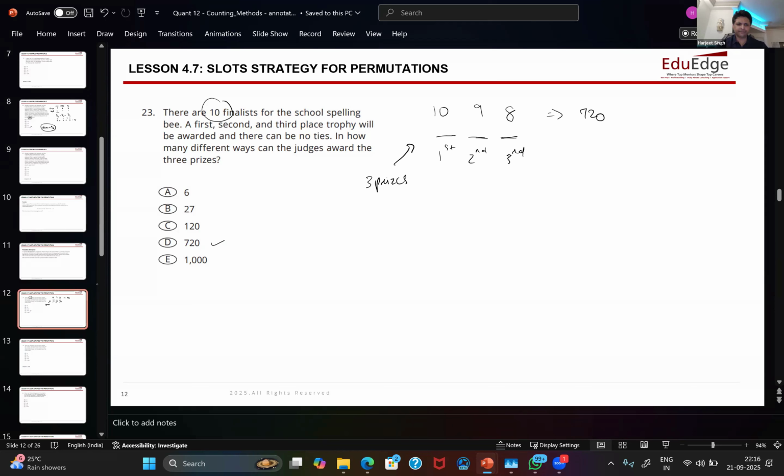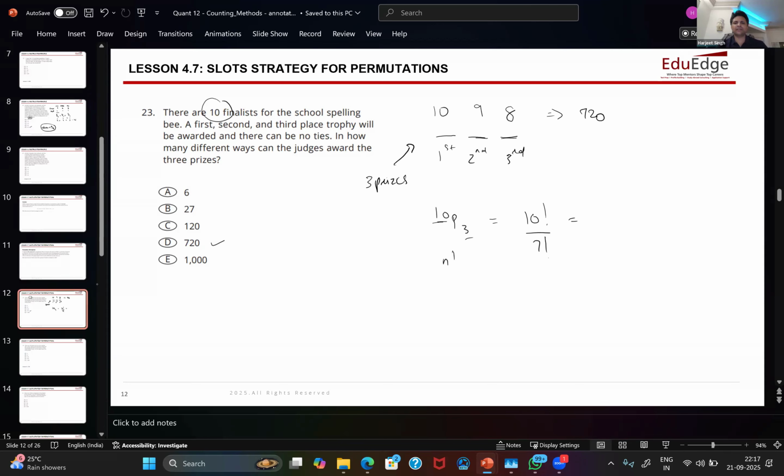Any questions? Could you also use permutation for this or not? You can. You can also write 10P3. So out of 10, you are arranging 3 out of them. So this becomes 10 factorial divided by 7 factorial,